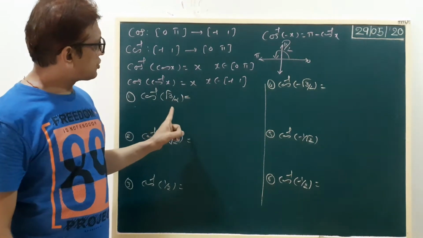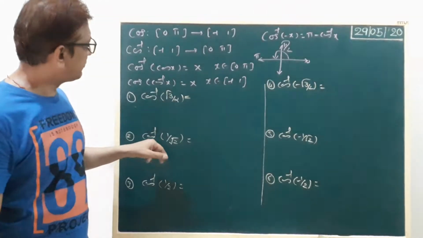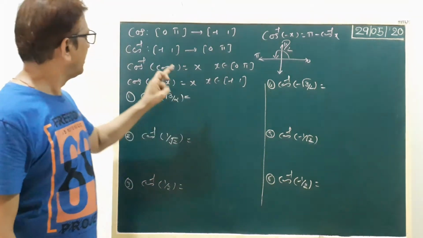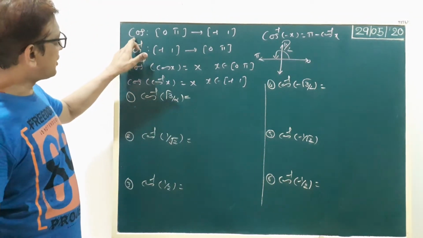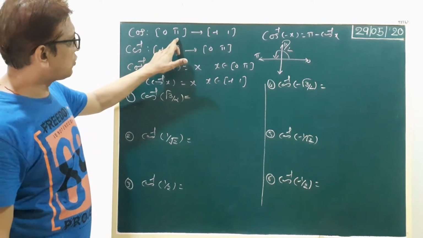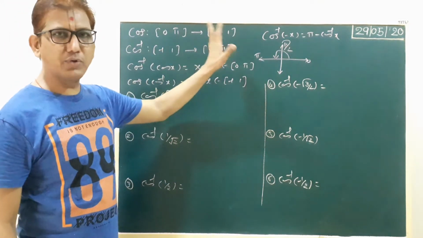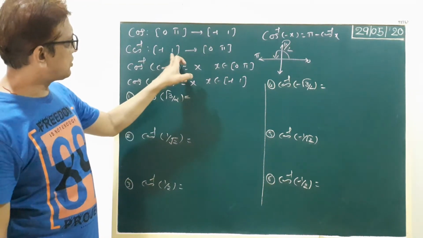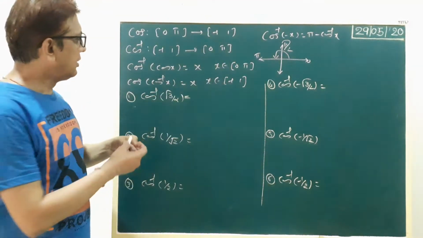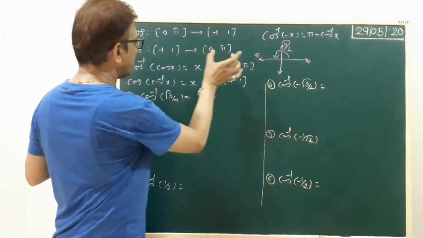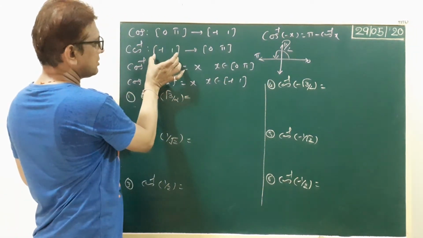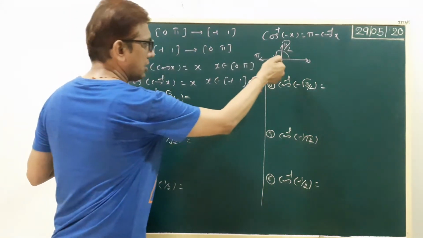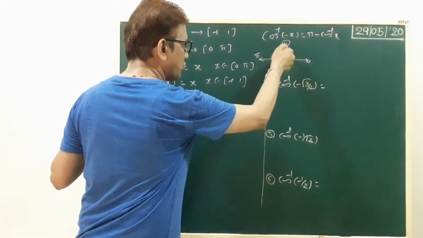Now in this video lecture we continue this topic and solve some sums of the cos inverse function. Let me repeat: cos is a function from 0 to pi, closed interval, to -1 to 1, closed interval. Cos inverse is a function from -1 to 1 to 0 to pi. Here we draw the figure, because for cos inverse, -1 to 1 is the domain and 0 to pi is the range. We get the answer in 0 to pi.